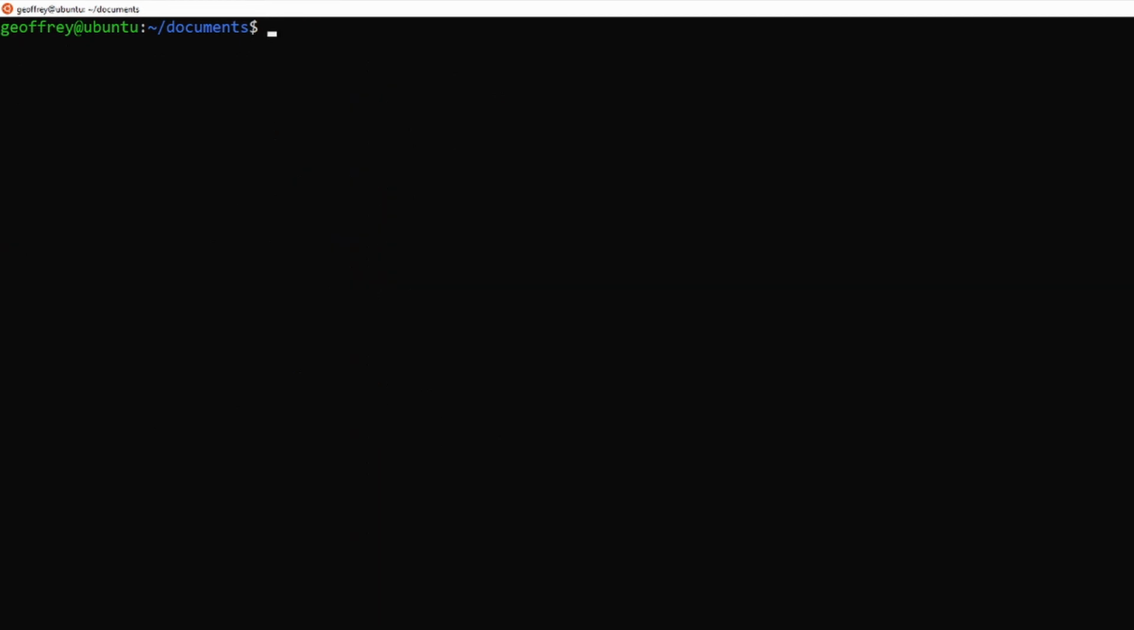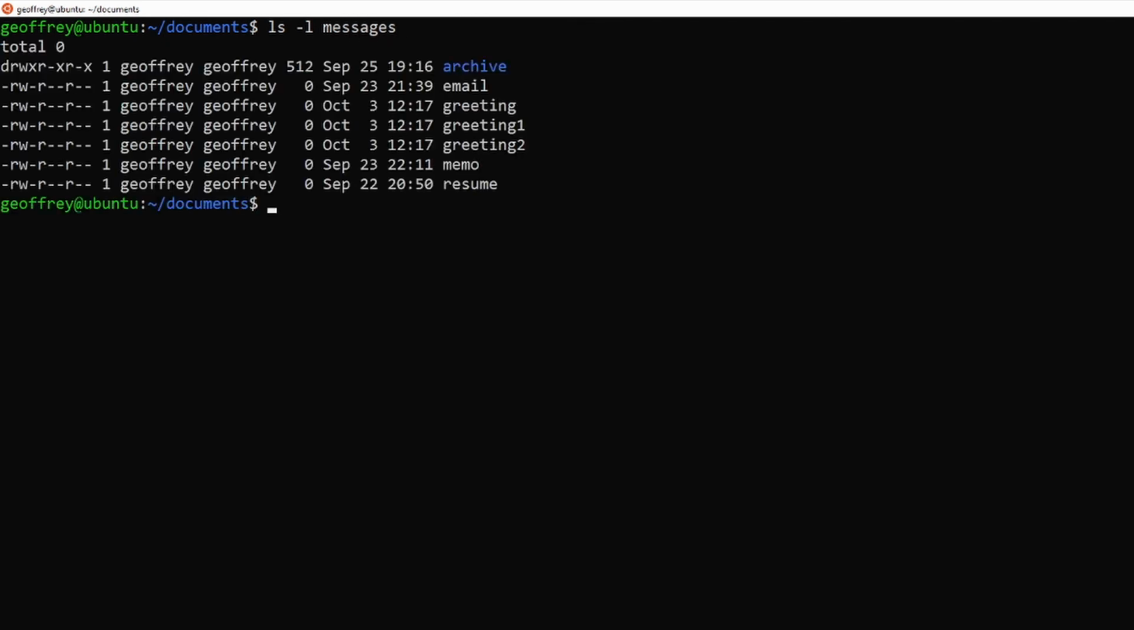We can also use the remove command to delete several files at once. Let's list the contents of messages with ls -l messages. Here in the messages directory are two files that we want to delete, greeting1 and greeting2. To delete both of them, we can specify the path to each file as an argument to the remove command using rm messages/greeting1